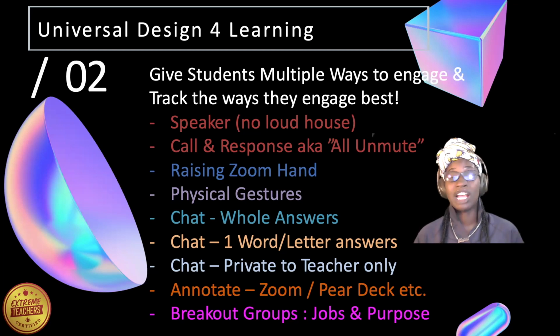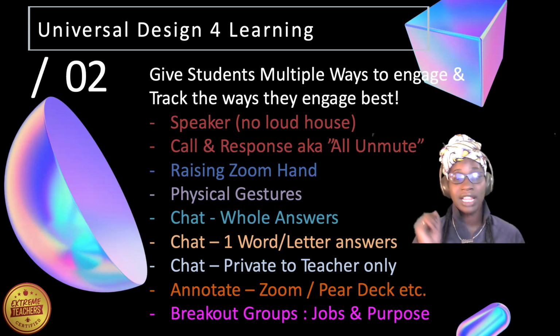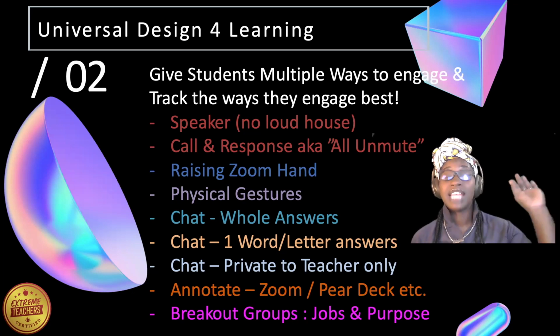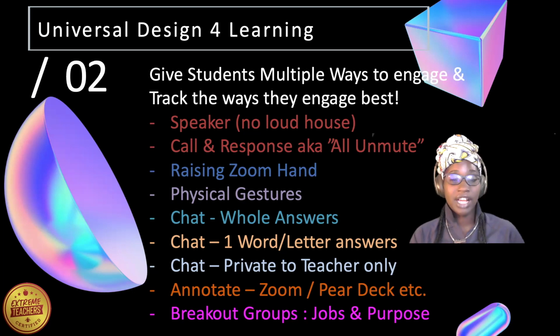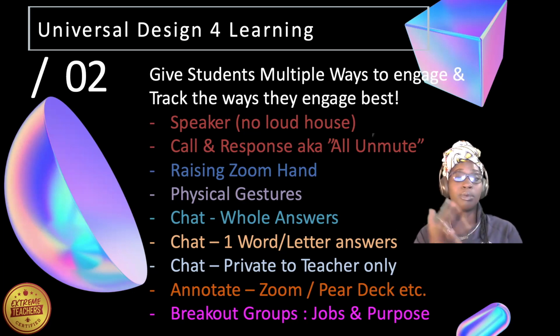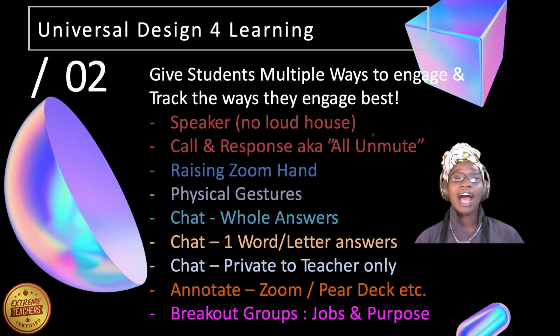For instance, speaker. If a child likes to speak, I track that with some note-taking strategies, which I've also made another gem about already, about the different ways you should take notes. But you track the way that they engage and you mark that. So I have S next to some students, and I know that I can call on them to speak, to answer questions, to read on the board, to signal to me if things are working or not. But if they have a loud house, I've also indicated that as well.